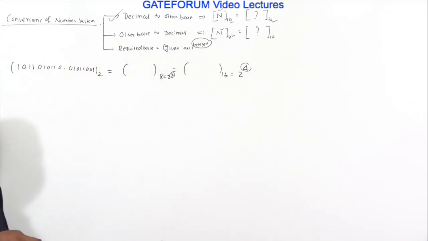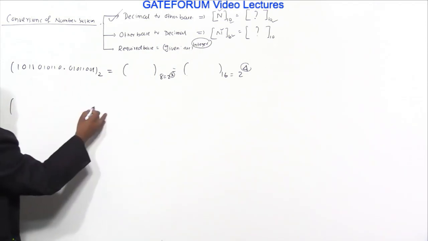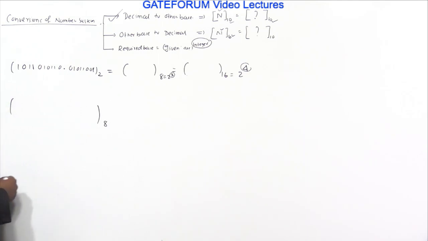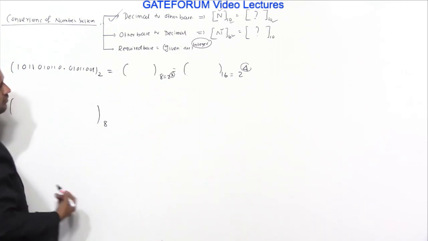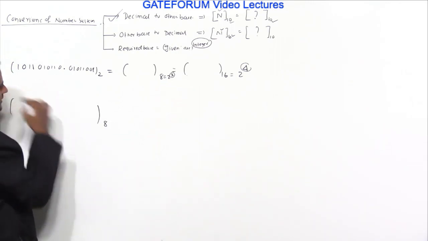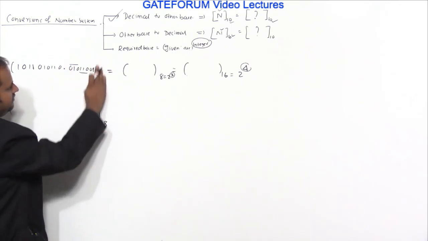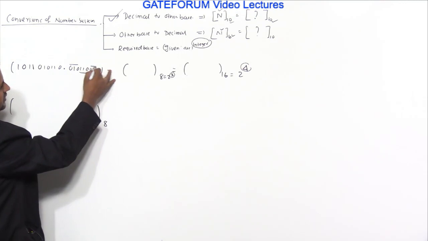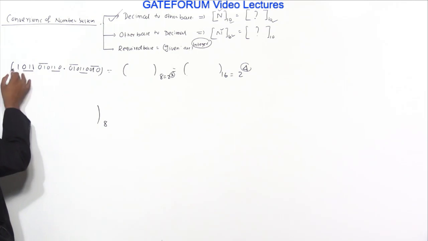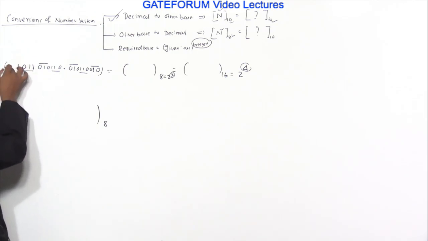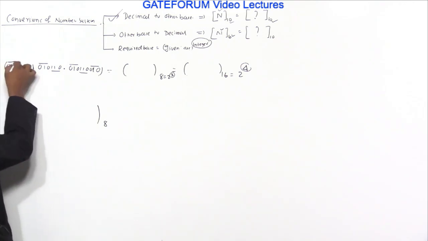Okay, so how do you do this? I should again take the radix point as the reference, and then group from it. If I want the octal equivalent of this, you make groups of 3 bits. Why is 3 coming? Because of what this integer is. So here, this is one group, this is one group, and here I have a deficiency of a single bit, so I am putting a 0 here. This is one group. Coming to here, this is 3, this is 3, this is 3, and here I have a deficiency of 2 more bits, so you can put 2 more zeros here. So this is one more group.